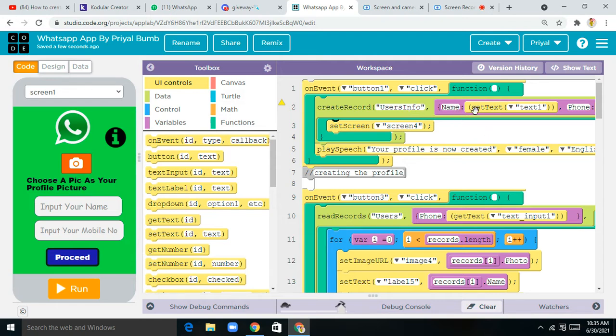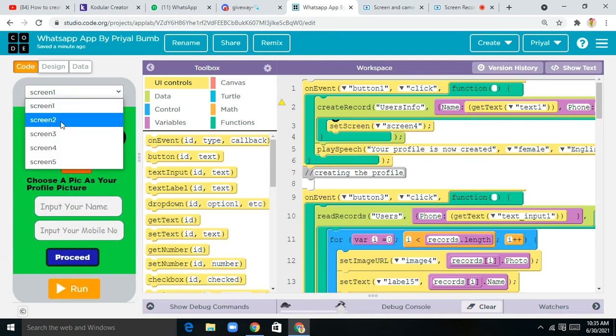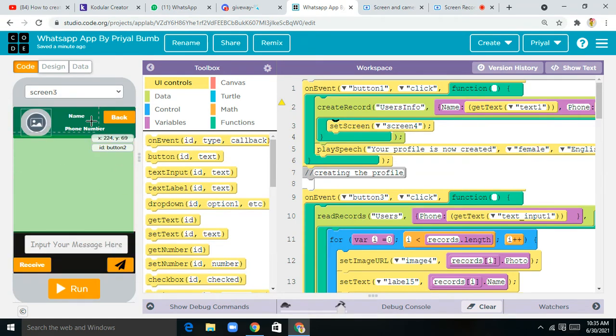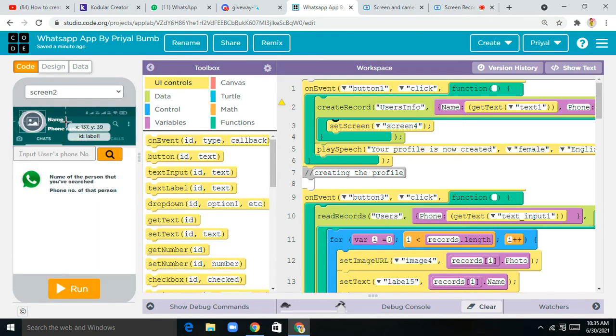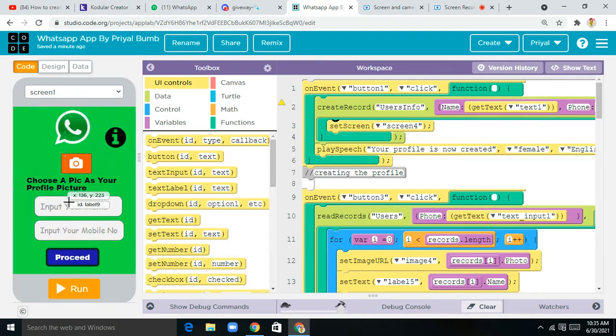Alright, and next is name. What I want is, if any user taps on this button one, then I want their name and their phone number to be displayed on the screen here. So that's why I want name and get text. The text should be taken from this text input, and I've just changed its ID to text one.